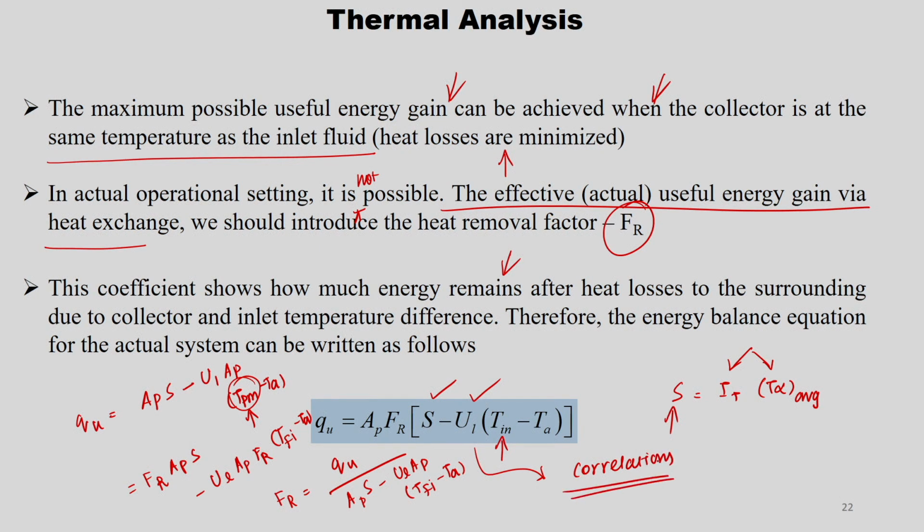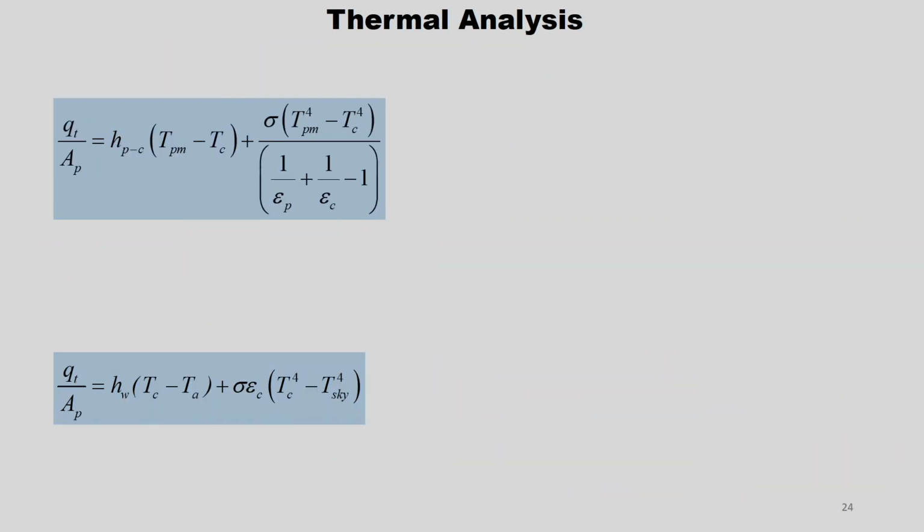So, we will see in detail how to do that. The inlet temperature is known, and the ambient temperature we get from the environment. So, AP is known, and then for constant FR and UL this heat gain can be calculated. For example, this UL, what is UL? UL is the overall heat loss coefficient. Whether it is a constant value to be given, or if not, how to calculate it.